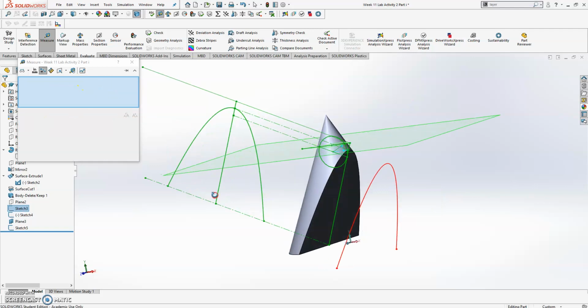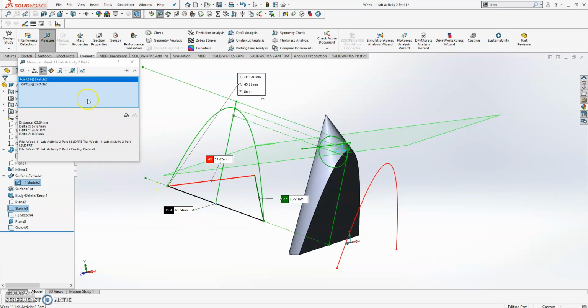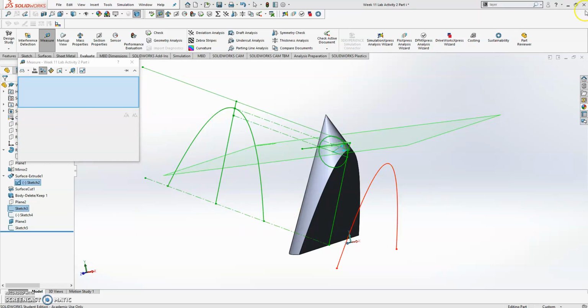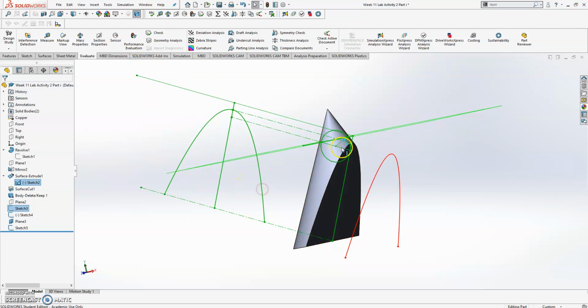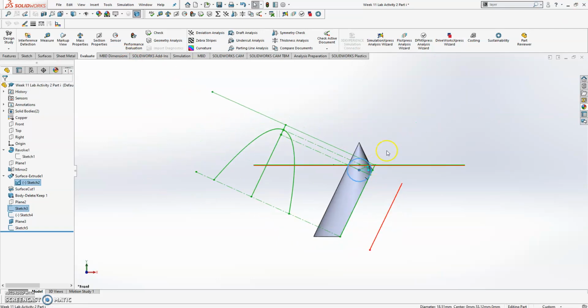If I clear these and do the exact same over here, 63.64. I think that measure function will just let students see in their mind, it'll help them understand and visualize